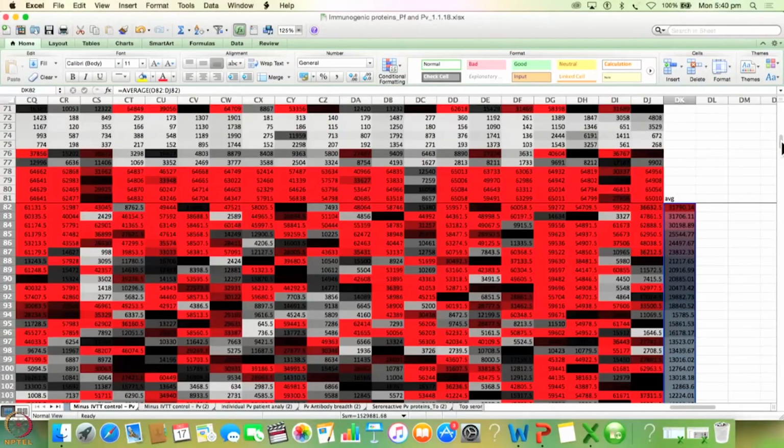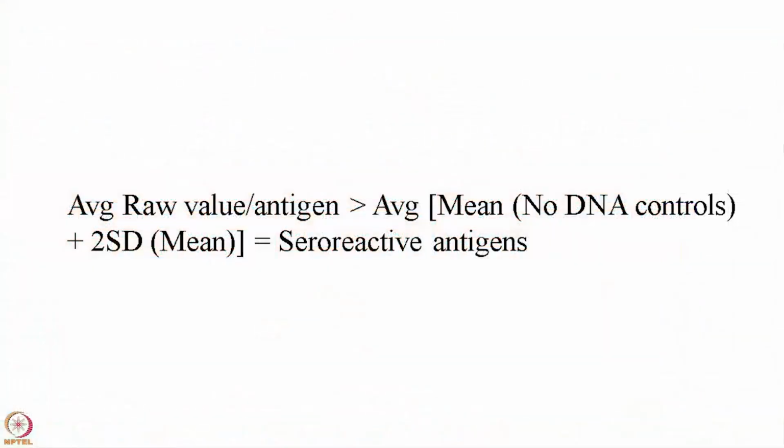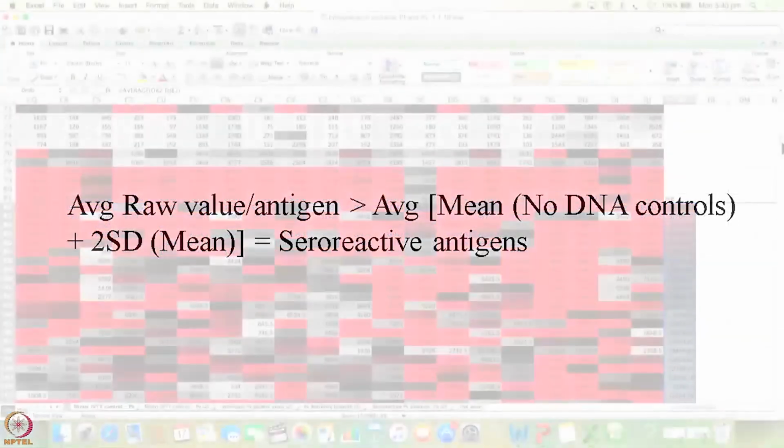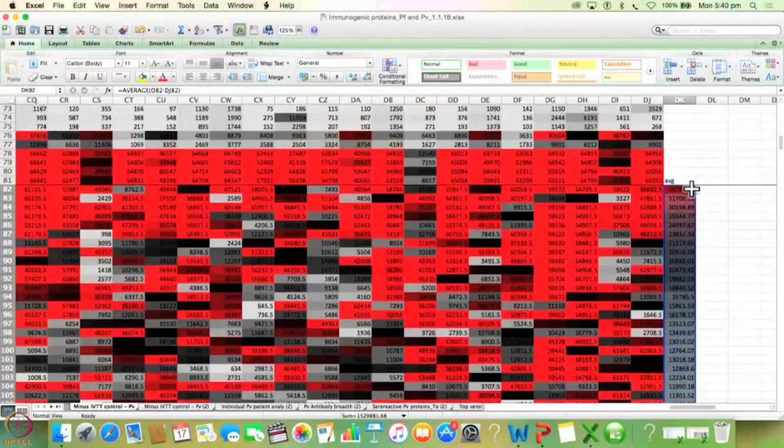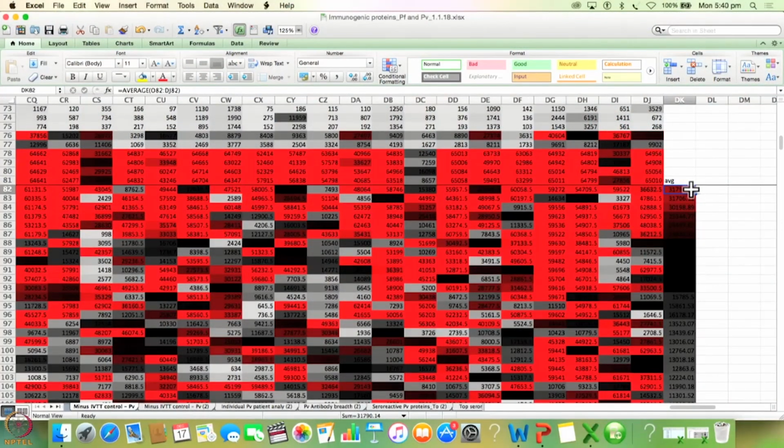So I have taken an average right now. Now I am going to apply this particular formula which you see here. If the average value for a particular spot is more than twice the standard deviation of the mean of the no DNA controls, then that particular antigen is seroreactive. So what this means is that if this is the average, if this particular number is greater than